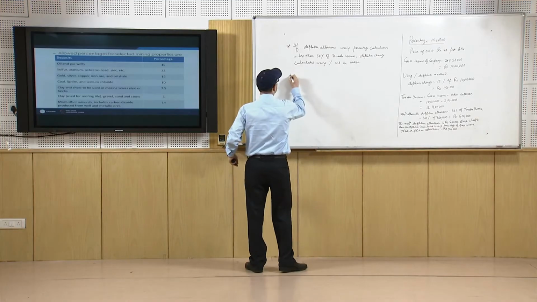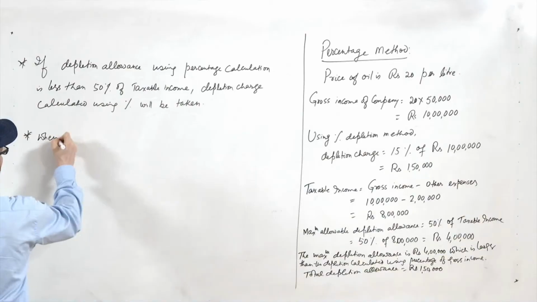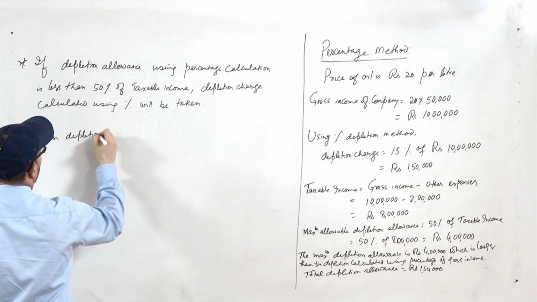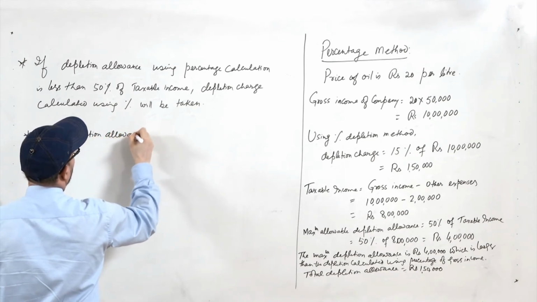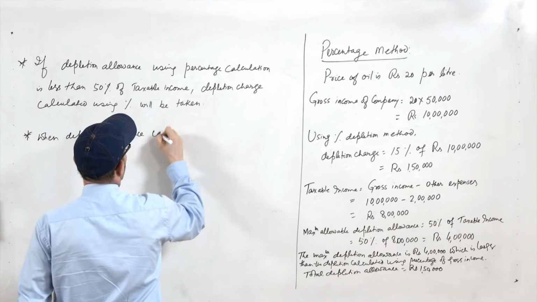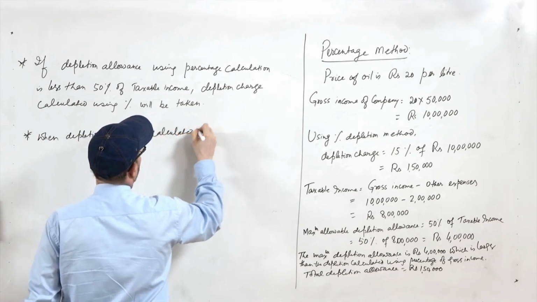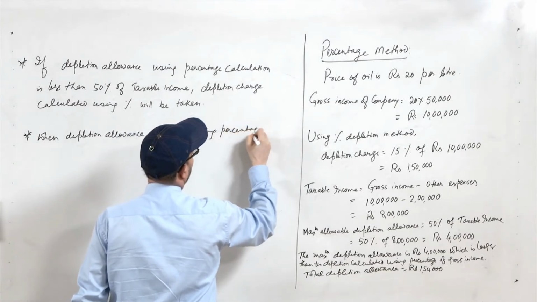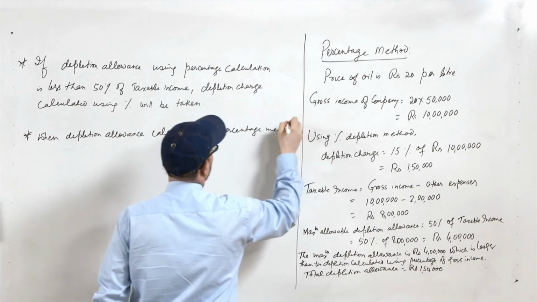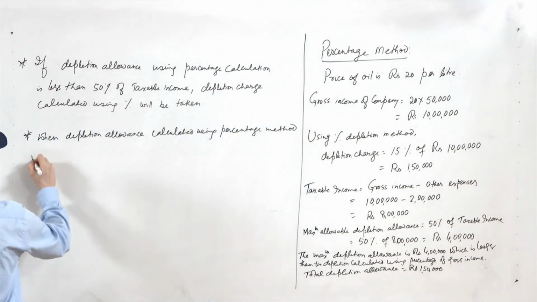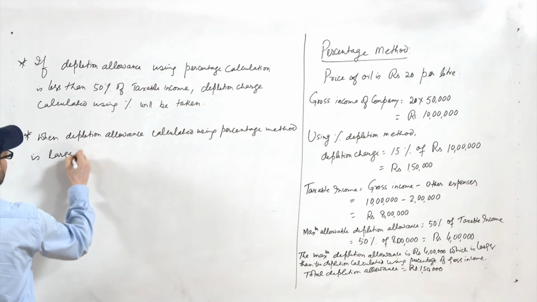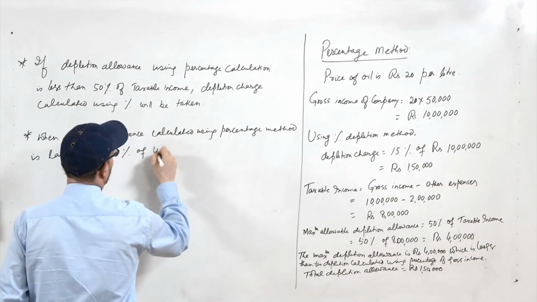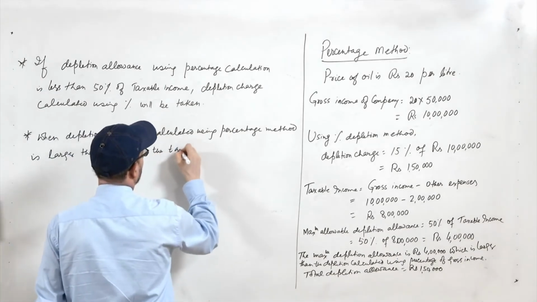So, in those cases when depletion allowance calculated using percentage method is larger than 50% of the taxable income,